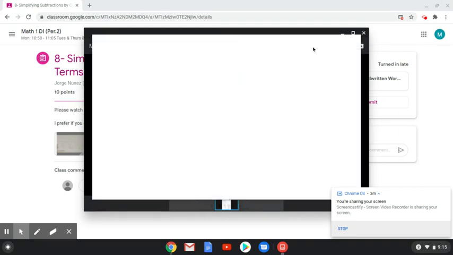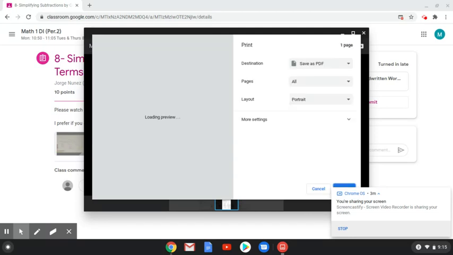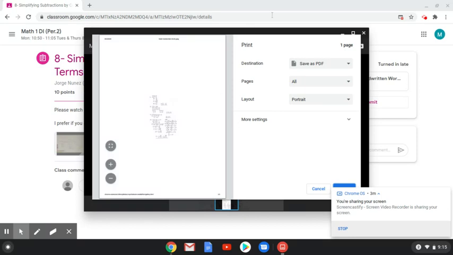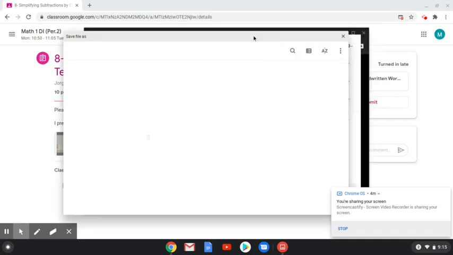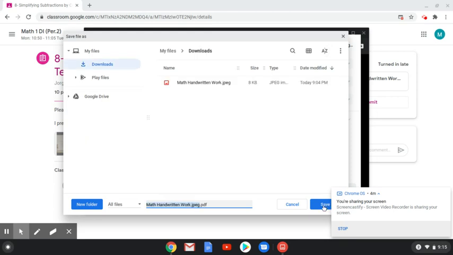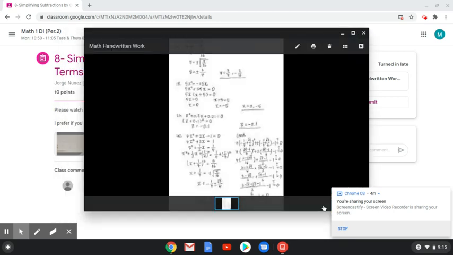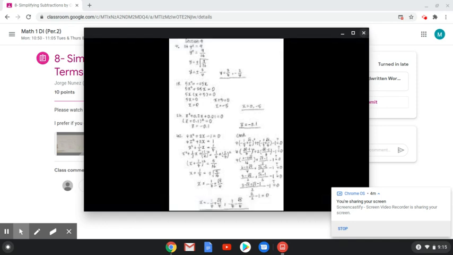If you click on print, obviously, some of you guys may not even have a printer at home, which is totally okay because I don't even want you guys to print it anyways. It's just a waste of paper. What you actually want to do is save it as a PDF. Right here where it says destination, you have a bunch of different options, like Save to Google Drive. I want to save it as a PDF. All that's going to do is convert that image file into a PDF. If I select Save as PDF, it'll save the file as a PDF in the same spot, in downloads. That file that I save as a PDF, I can turn in to my Google Classroom assignment